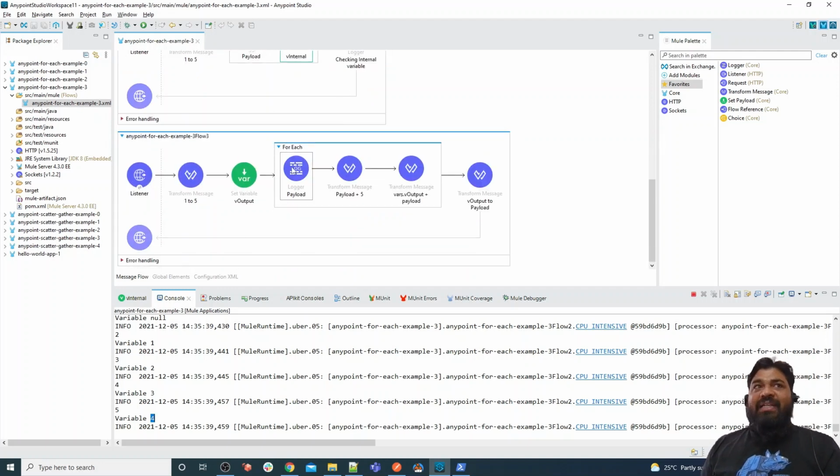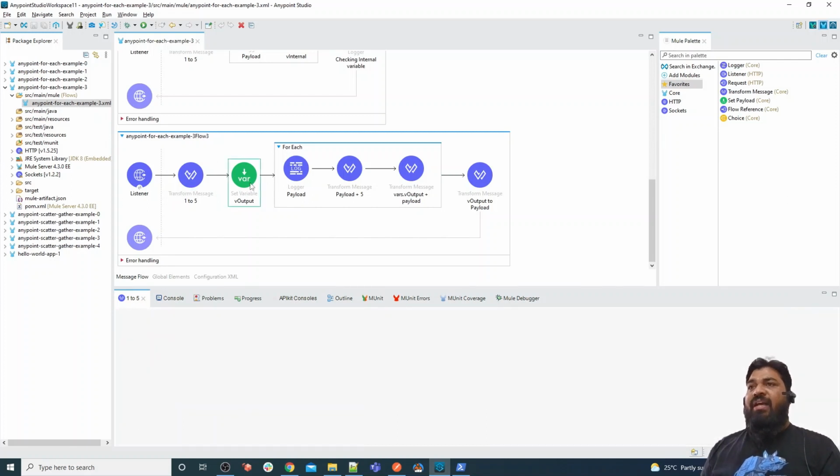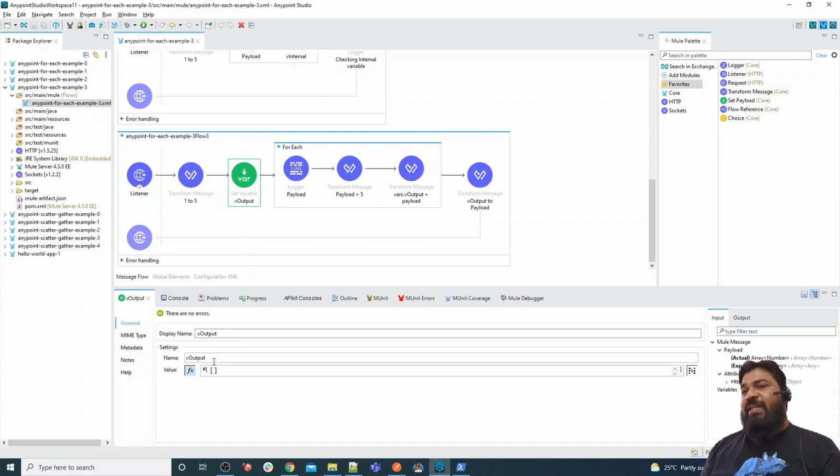So the most awaited example is: if we want to change the current payload output, whatever processing we are doing inside the for each, and we want that to reflect outside, then how can we do that? Let me show you. In this example we have considered records from 1 to 5 and we have set one output variable, which is basically an array.